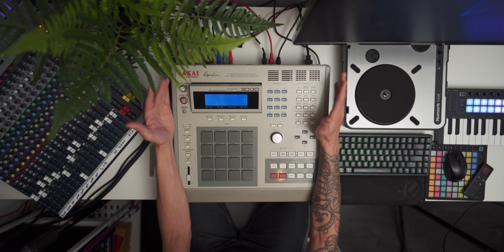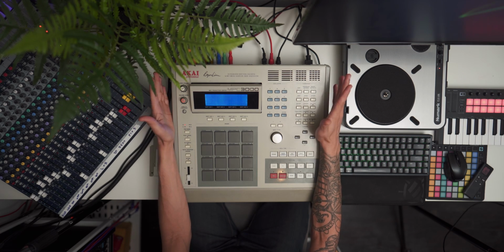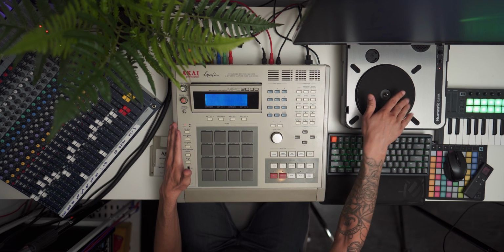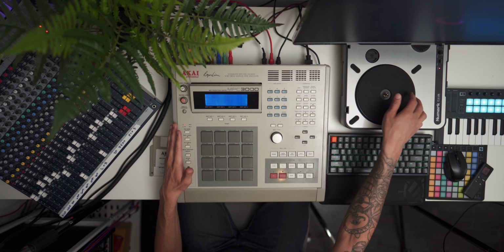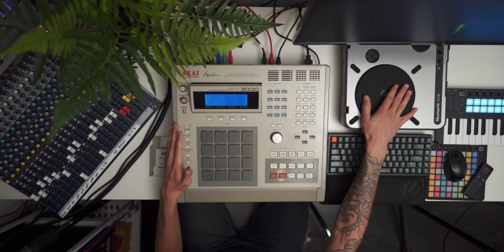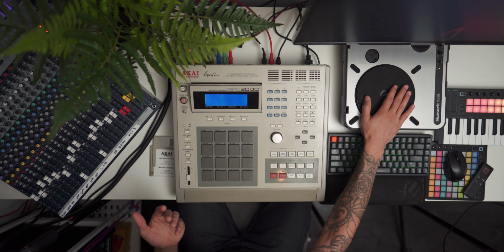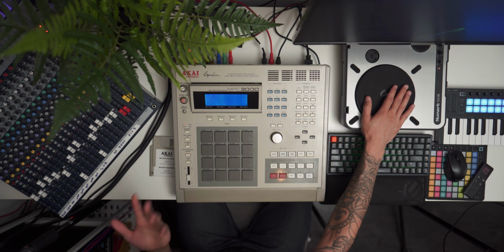I make like 90% of my music on just this thing with this setup here. I recently got this little turntable here to start sampling records, but I quickly realized I rinsed through a lot of my records already when I was making tracks on the 4000, and I can't technically go out and start digging right now because, yeah,